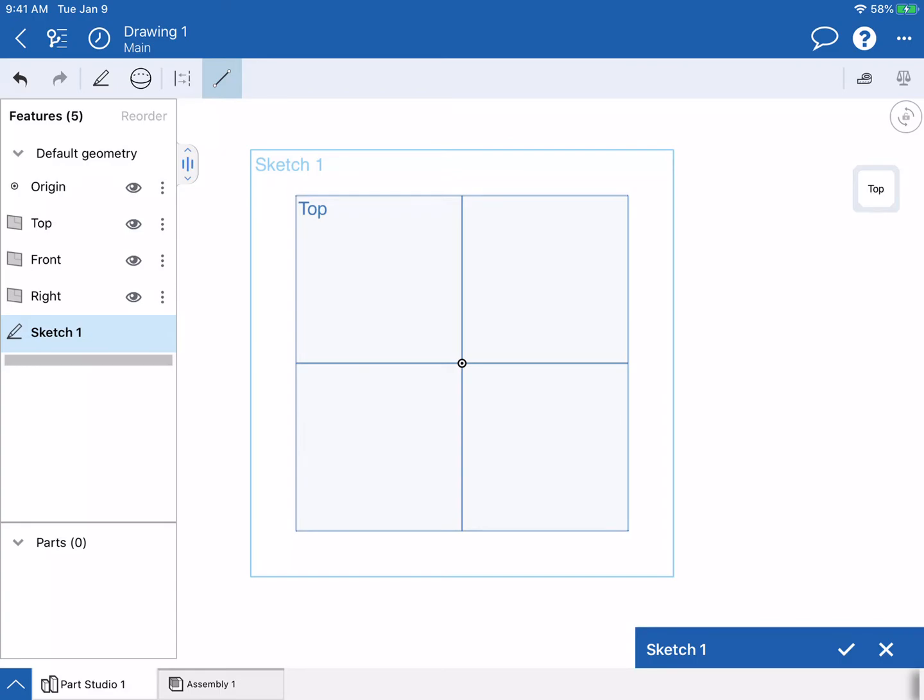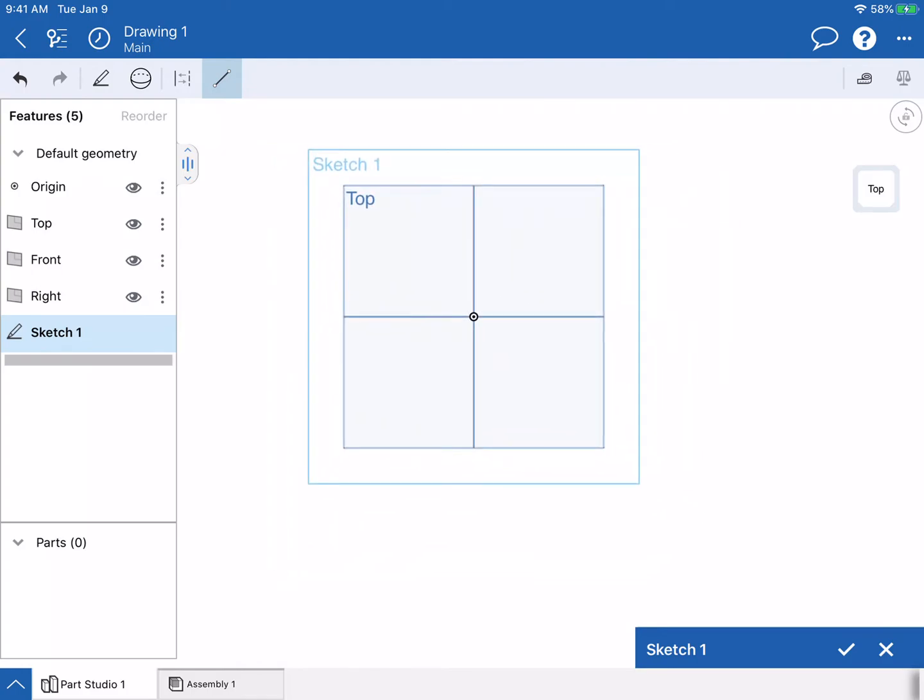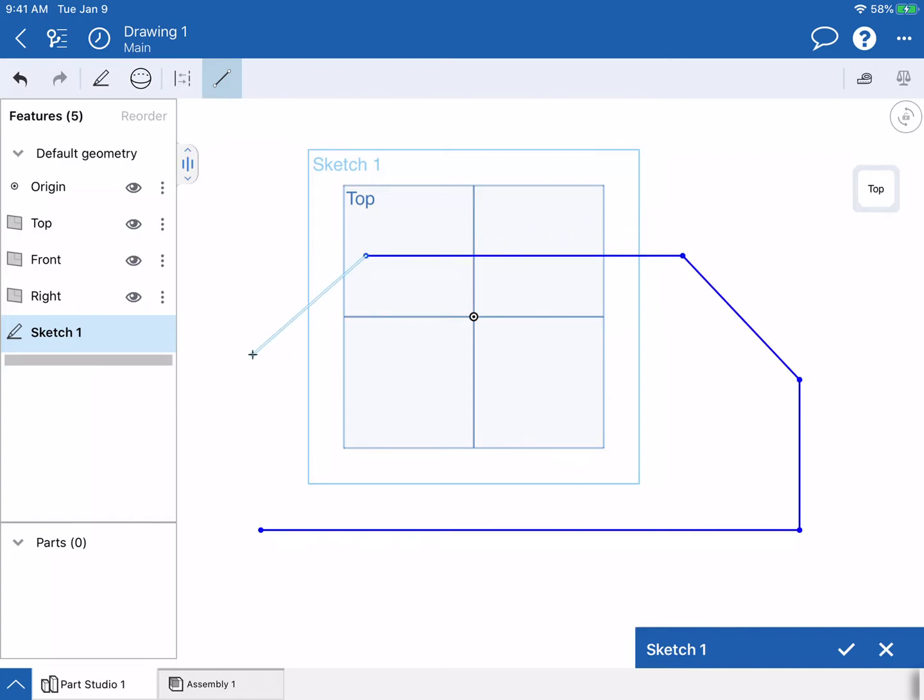Okay, I've got 6 sides, so I'm going to draw this hexagon. So I've got my line tool. I'm just going to work out the shape, and then when I'm done, I'll dimension it so that it's the